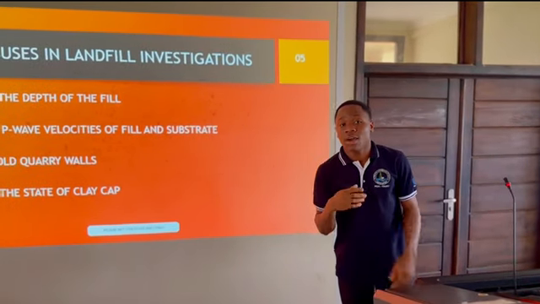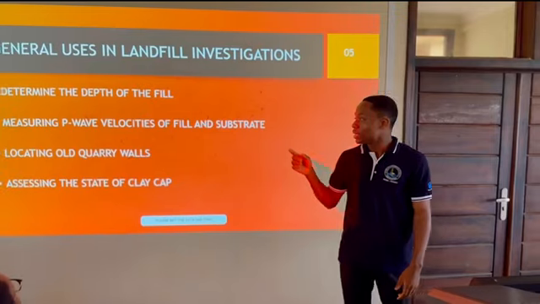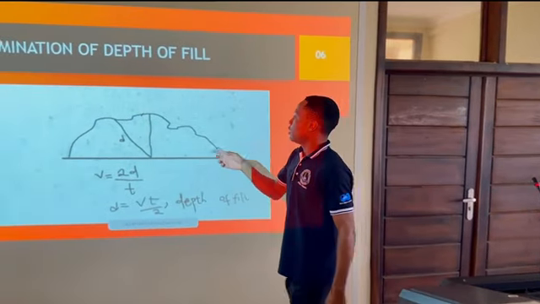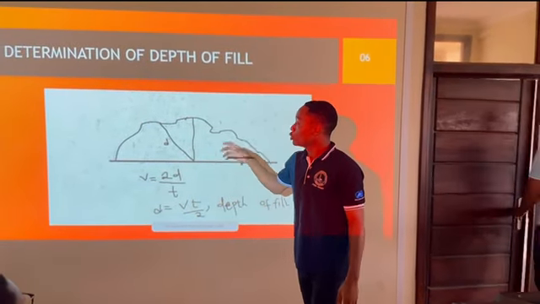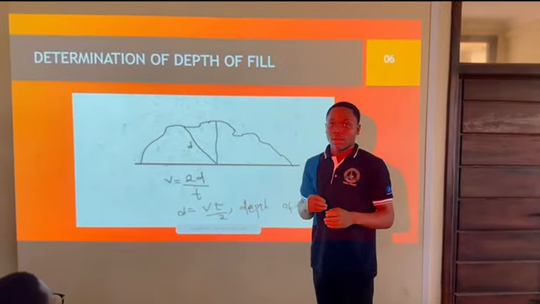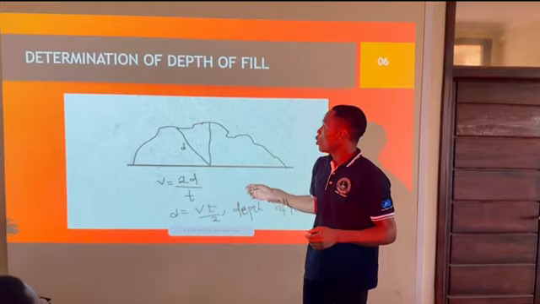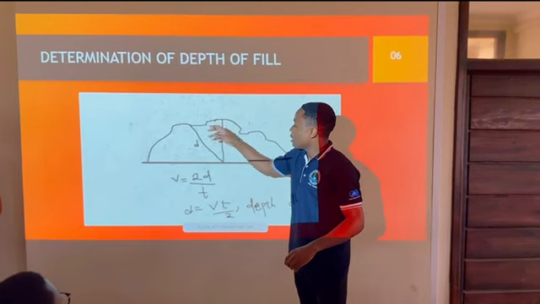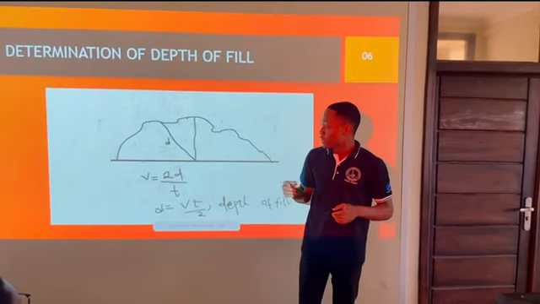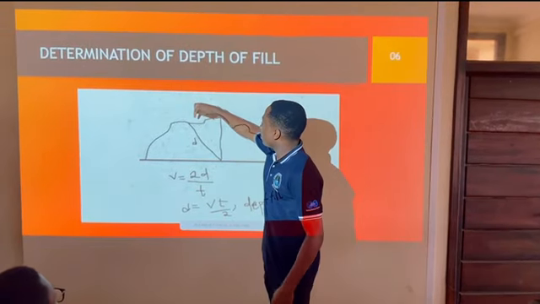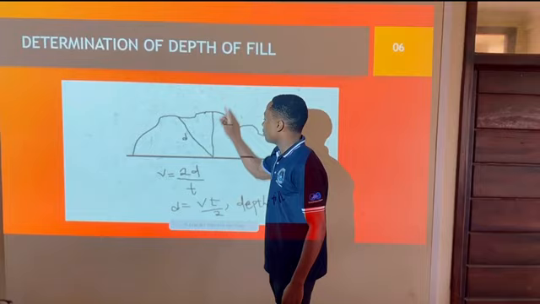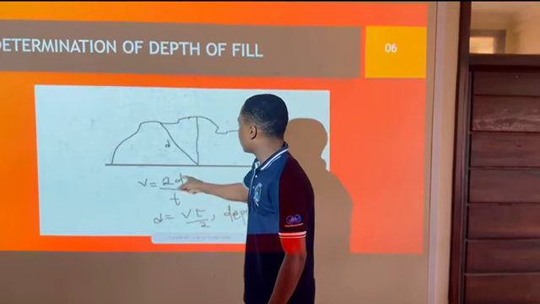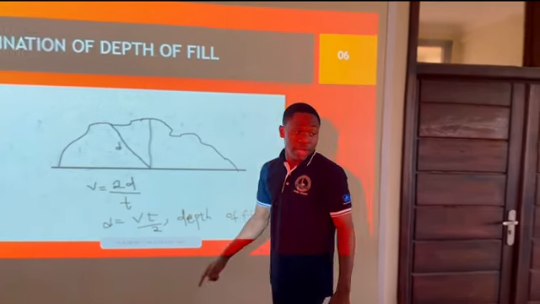We use refraction seismology to determine the depth of the landfills. What we do basically is that we know seismic waves travel differently through materials with different properties, so we send the waves through, and with their different travel times, we determine the depth. The waves go in and are refracted back, so we calculate the depth. D is equal to VT over 2, right? Because we know that